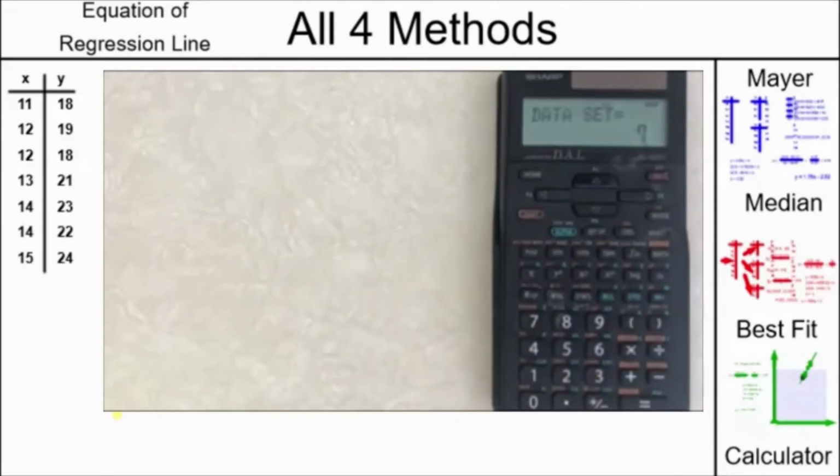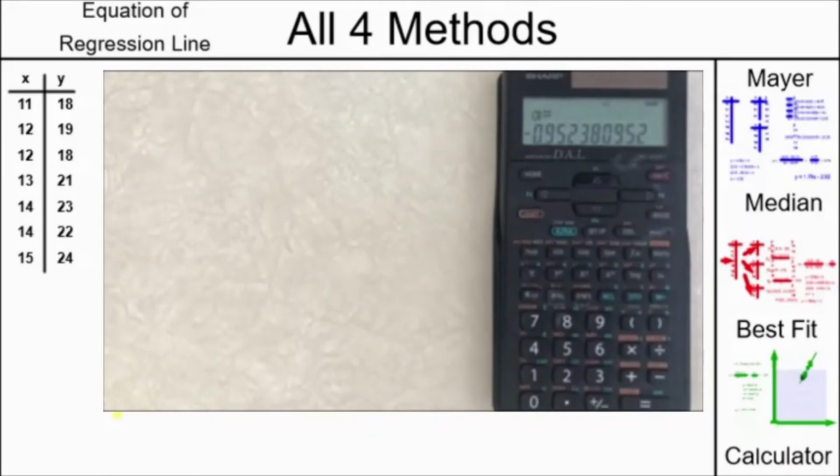Now that all of the points have been entered, I can get my a and my b from the calculator so that I can write down my equation of regression line. The a and the b are shown here in blue above the open bracket and close bracket keys. That means to access them, we have to use the alpha key. So I do alpha, open bracket, equals, and it tells me that my a is